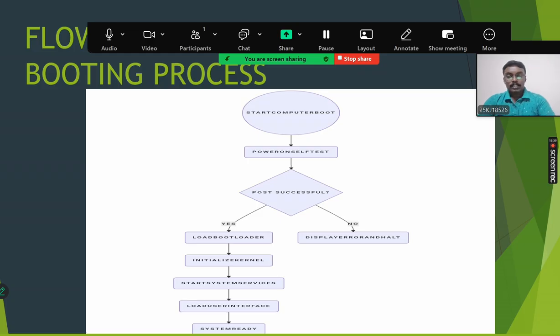The BIOS runs a test regarding the functionality of all the hardware, like RAM, the hard disk, and all other components related to the motherboard. They check whether all the functions are performing correctly or whether there is any error. If there is an error, the display will show an error and it will restart again. And if POST is successful, then the next thing is